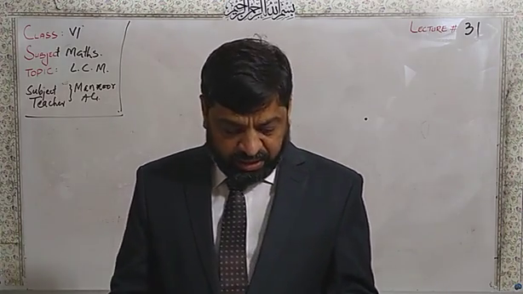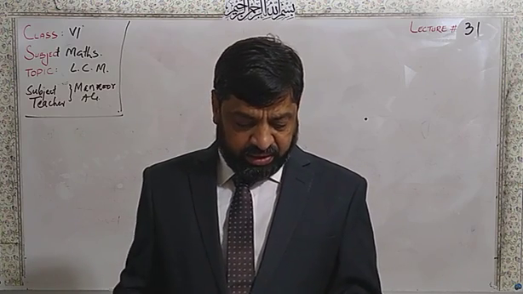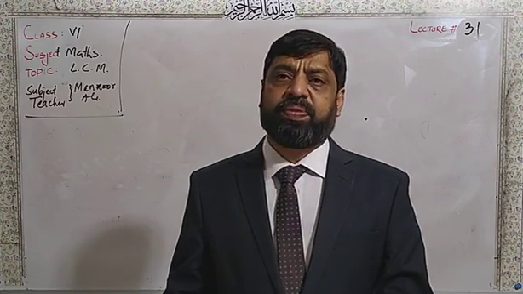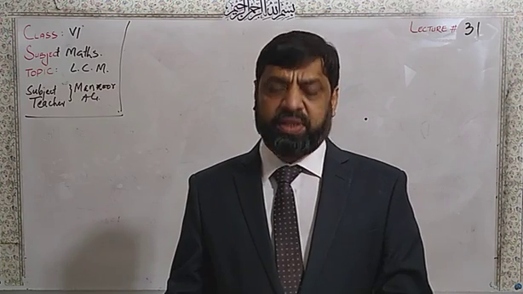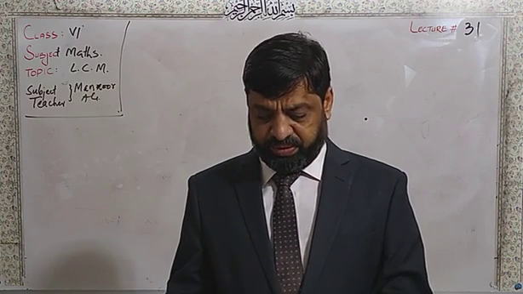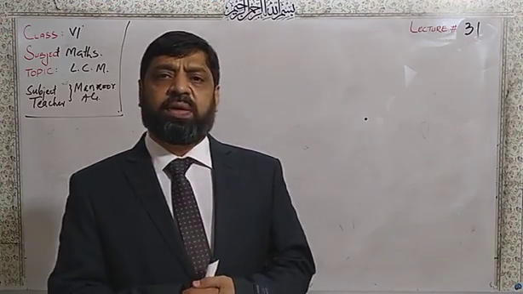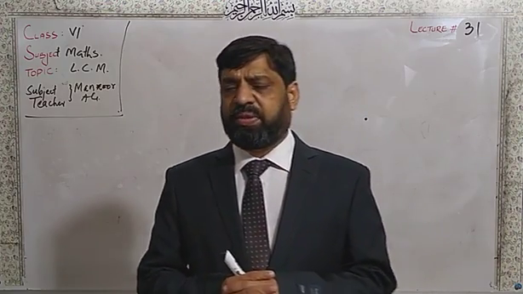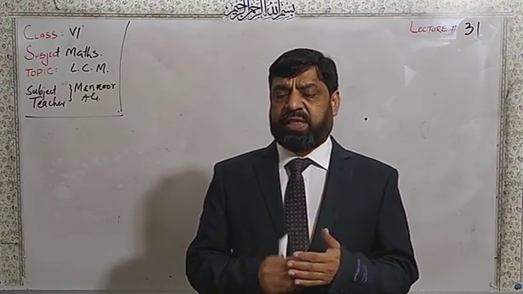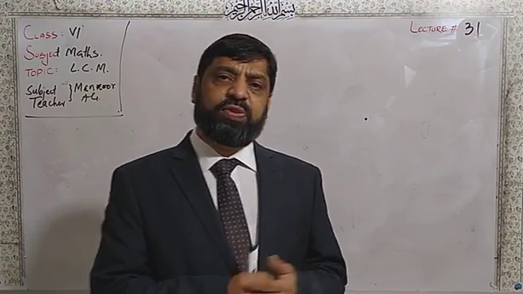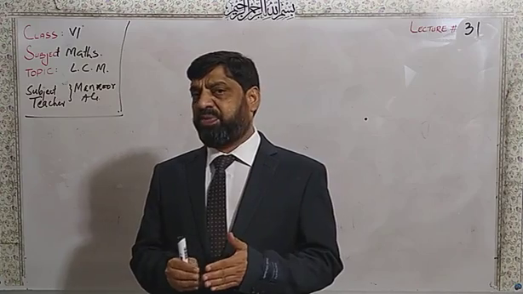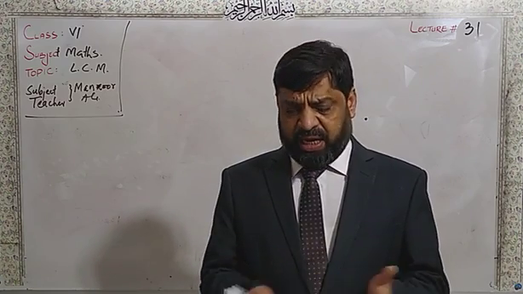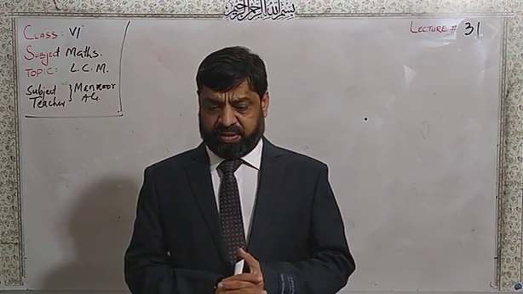Dear student, in the first question of exercise 3.5, find the LCM of the given numbers by using their common multiples. Dear students, about the common multiples we discussed in our previous lectures also. Multiples means multiply. We have to multiply first time, second time, third time, five time. As we say 5 one time, 5 two times, 5 three times, as we are given the particular numbers.